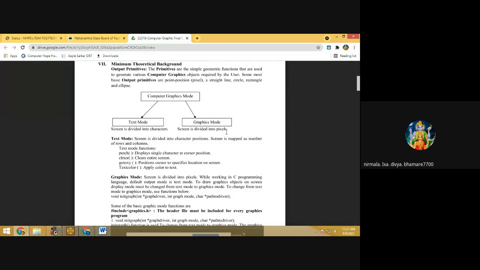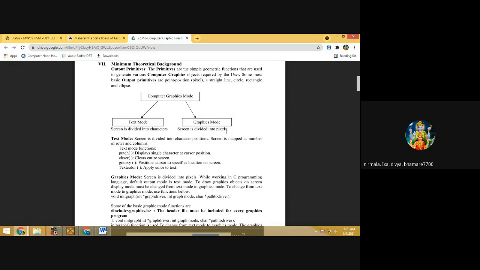Then graphics mode. The screen is divided into pixels. While working in the C programming language, the default output mode is text mode. To draw graphics objects on the screen, the display mode must be changed from text mode to graphics mode. To change from text mode to graphics mode, use the functions below. So what function do we use to change the mode from text mode to graphics mode? The initgraph function.